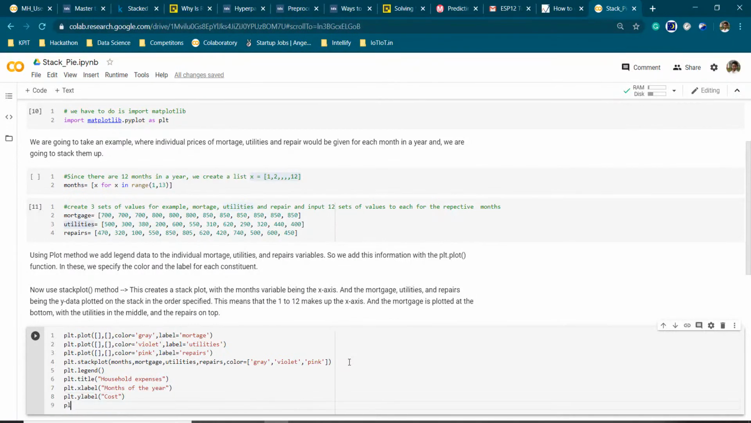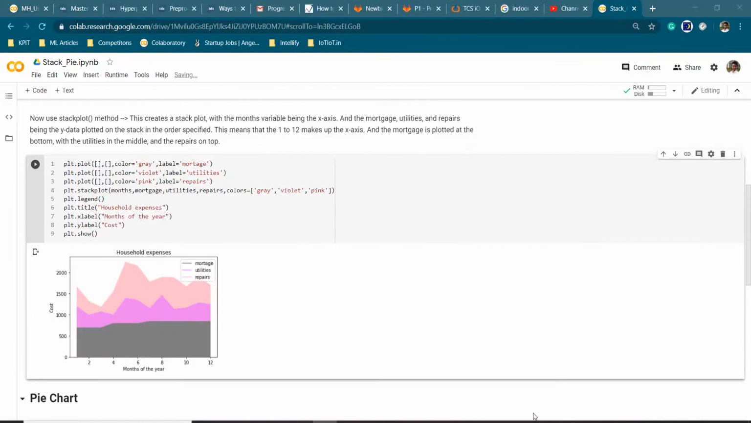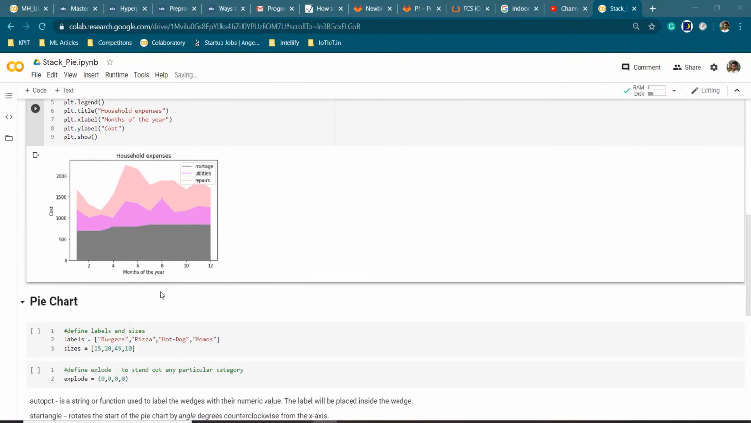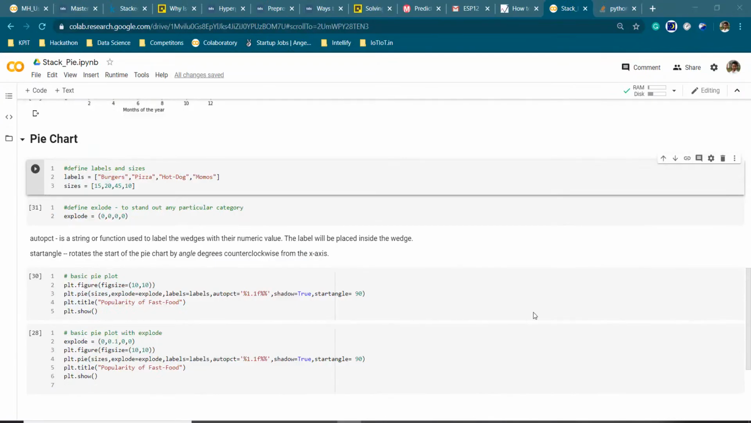Now let us see our stack plot. You can see that our stack plot has been plotted with values of mortgage, utilities and repairs being represented by their specific colors which we have mentioned. Now let us learn about our next topic, pie chart. So we will begin by defining the labels and sizes which would be our category and the respective values. We will define four categories of fast food such as burger, pizza, hot dog and momos, and the sizes of